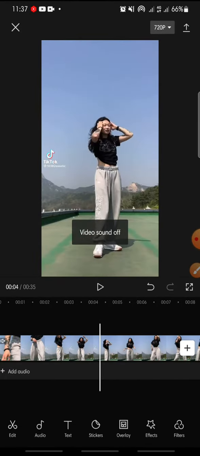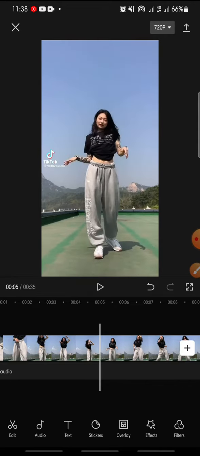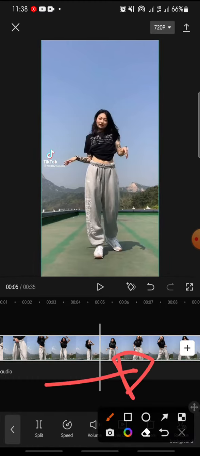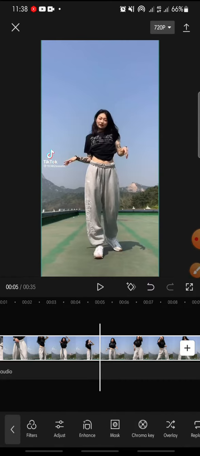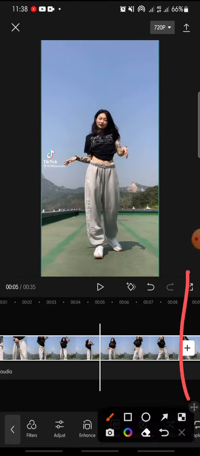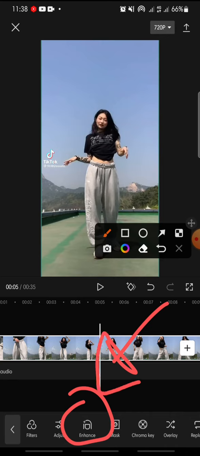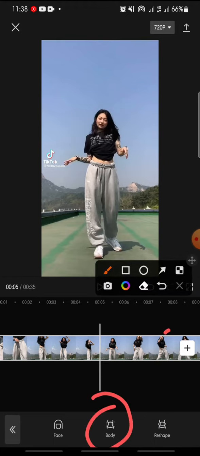This is the original body like this, but in here I wanna make this body to slim, so just click on the video and at the menu you can swipe until you can see and change. This one, click and change, and then in here you can click on a body